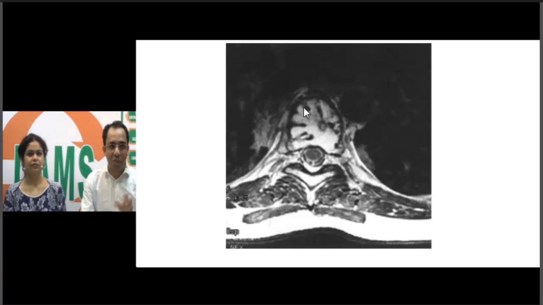Now, the interesting part begins. When I look at this, what is happening is, because plasmacytoma is a predominantly lytic process, it destroys the bone, but the bone that remains tries to compensate by thickening of the bony struts. They become thickened and are seen like this. To a radiologist, it looks as if these are the sulci in the brain. So that is why this appearance is called the mini brain sign.